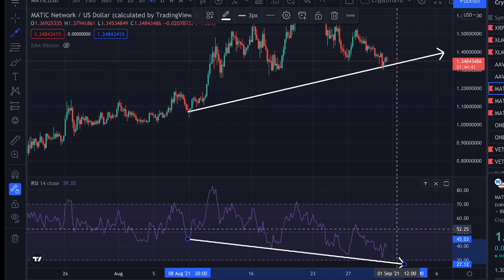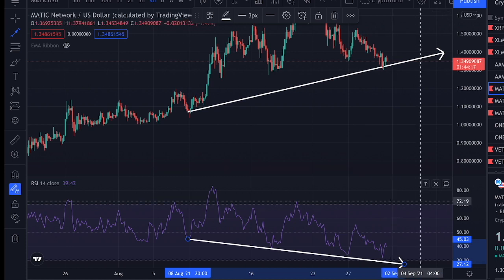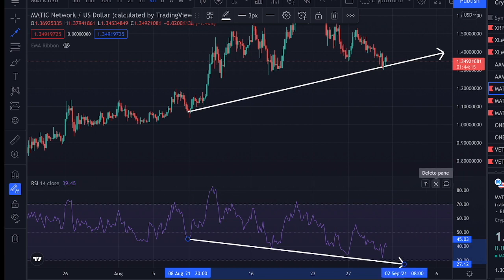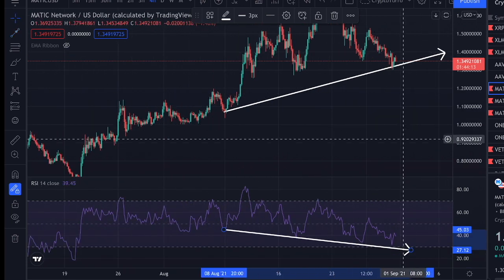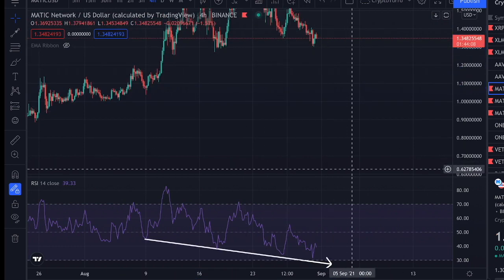And why I think this is still a bullish divergence that does count on this chart is due to the fact that we are actually looking at the RSI on the 4-hourly time frame. For sure, if we took a look at the RSI, for example, on the 1-hourly time frame, I would not count this as a major bullish divergence. But right now, I personally think that it is very likely that we will be seeing a spike, an increase in the price action of MATIC, but also not just due to that we are seeing this bullish divergence. If you ask me, of course, I think this is still a very clear bullish divergence, but also due to